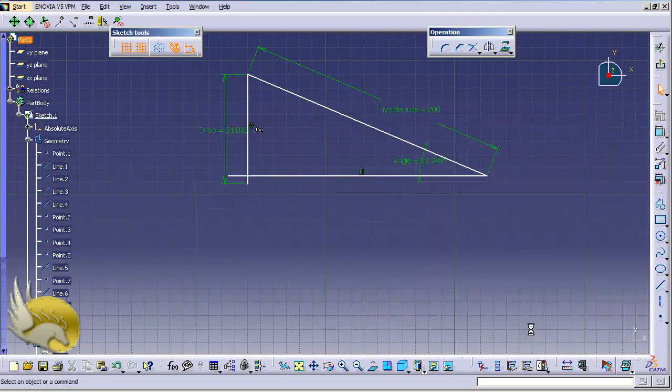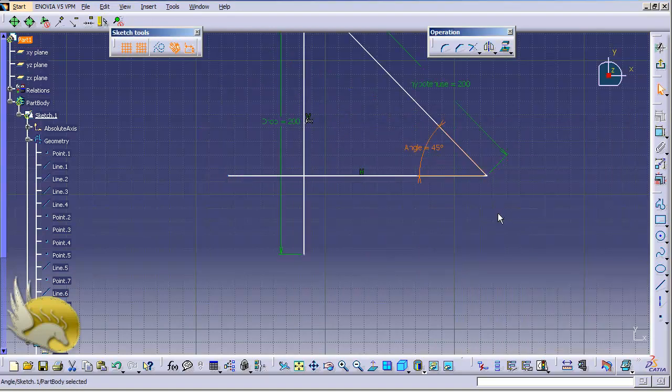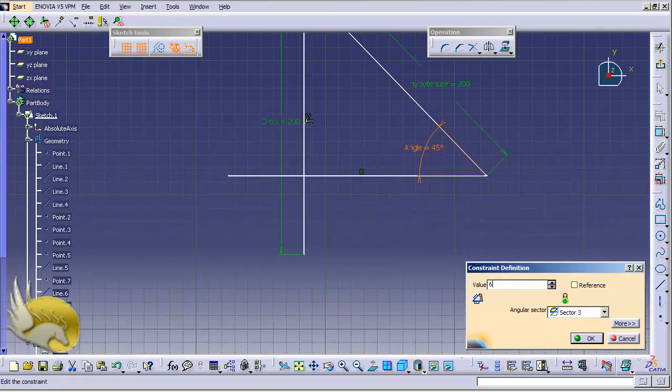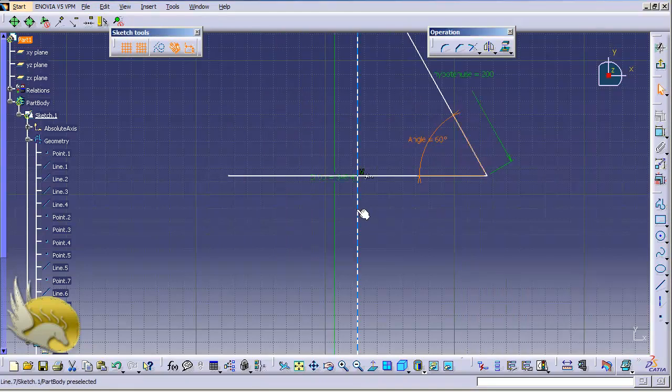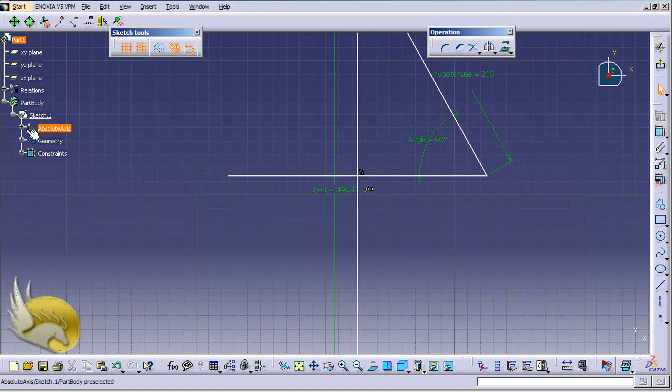That's OK for me. Now I want to change this angle to, for example, 45, and you can see that this is changing to reflect this. If I want to have it about 60, you can see that again it changed to show and reflect the change. And let me close this geometry and constraints here and show you one more thing that is added to